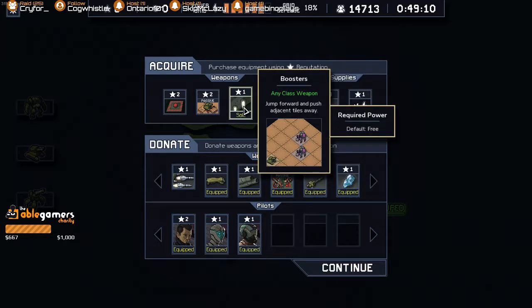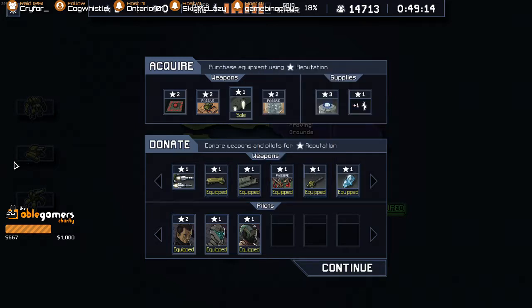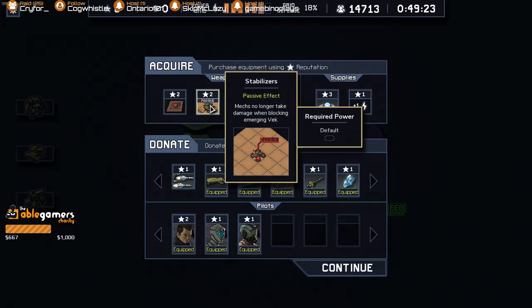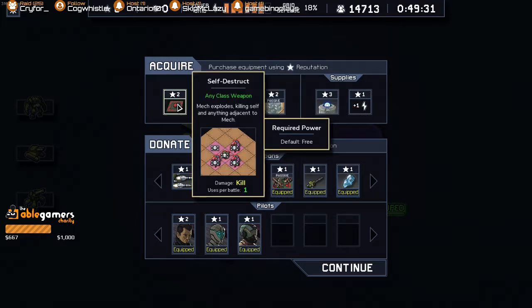Passive buildings take shields. This is a nice one. If I didn't already have a passive sitting on my tank, I might take that one. Getting the ability to leap across buildings and push stuff away. I could redistribute the passive. I don't think so. Mechs will no longer take damage when blocking emerging Vek. I like this one a lot, especially for the final island. Self-destruct is really nice with